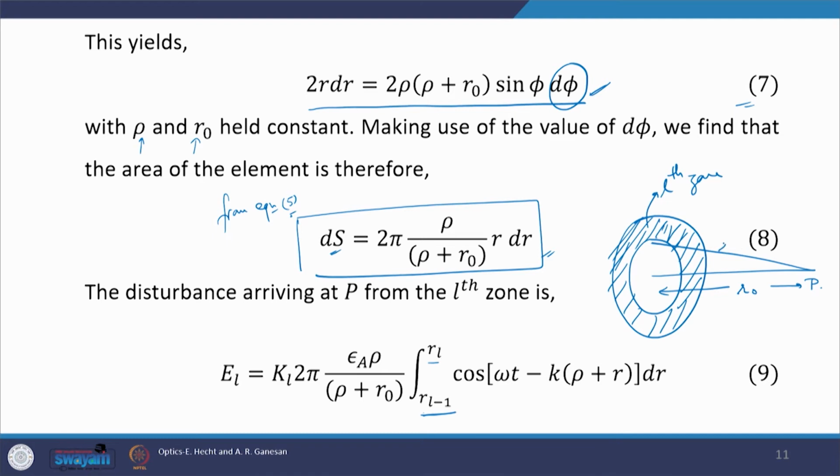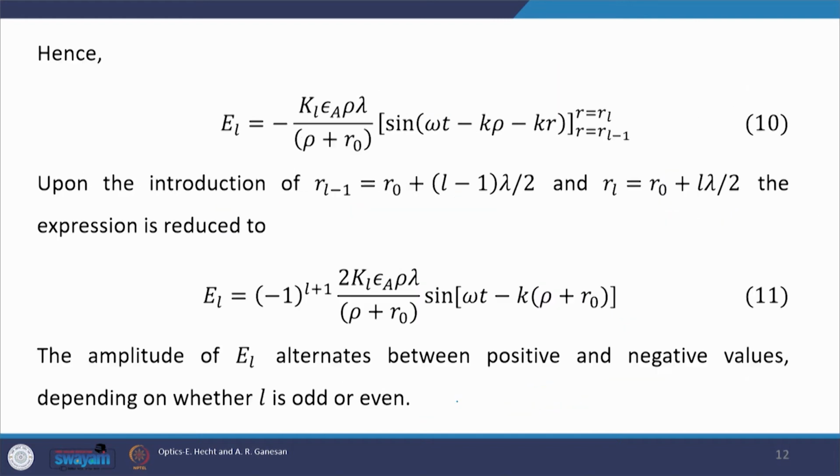Therefore, this distance would be r naught plus lambda by 2 into L minus 1, and this distance would be r naught plus lambda by 2 into L, and we name these distances as R L minus 1 and R L. With this, we can safely put these two limits in this integral in equation number 9,